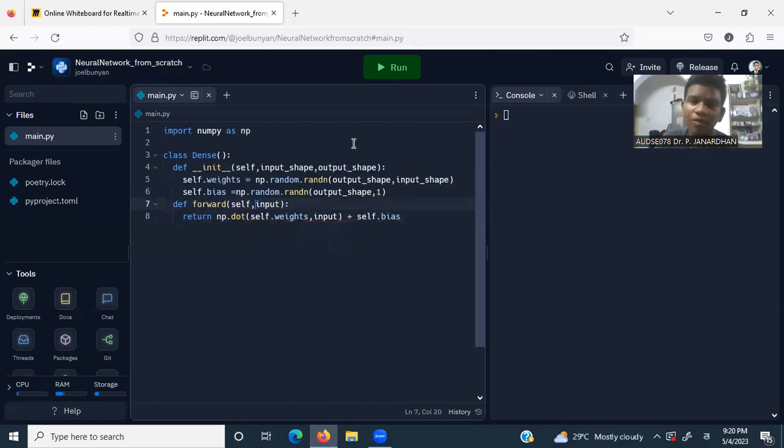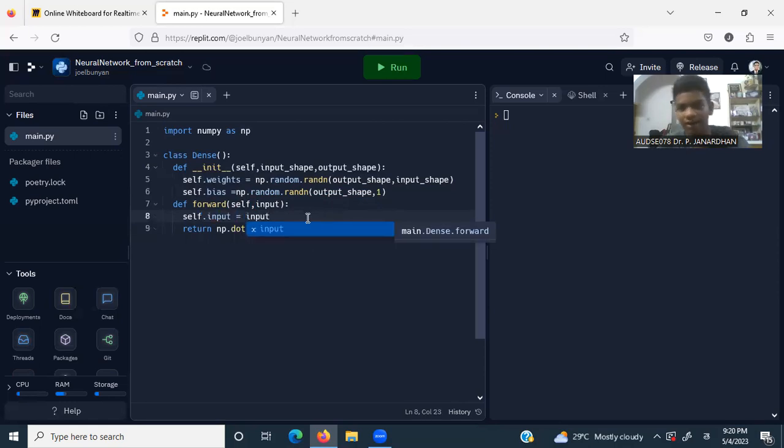So any number of functions you write in this class, you have to have this self variable as the first parameter. So what will we return in the forward function? We'll just return the product of self dot weights and input, and we'll add the bias. And the main thing to remember is we should initialize the variable, because we have to use this input in the backward propagation function also. So we have to write this line, self dot input equal to input, and then we can just return this equation, that is